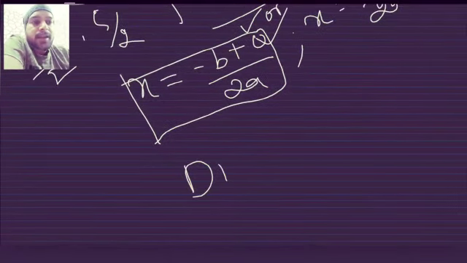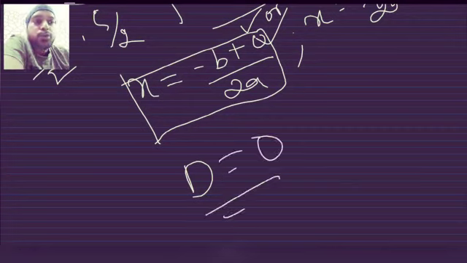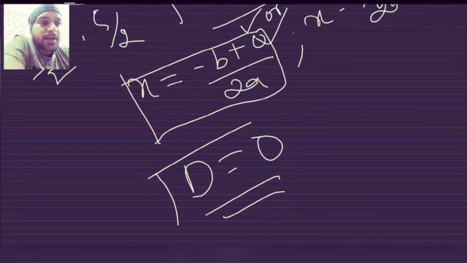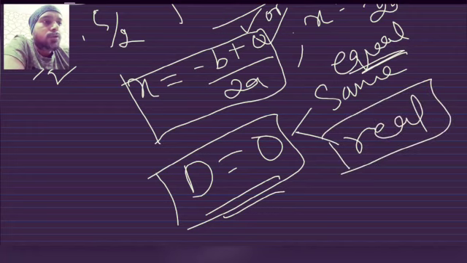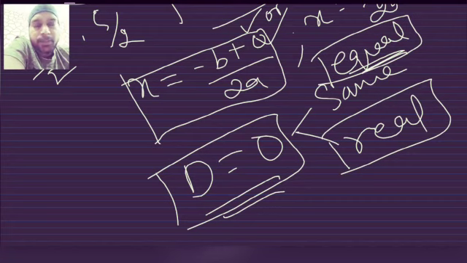So when the discriminant is equal to 0, in this condition the roots will be the same, or you can say they will be equal, and obviously they are going to be real, because here also you are going to get a number that will be representable on the number line. Alright, so the roots are going to be equal and real. Is it clear? So the roots are going to be real and equal when the discriminant is equal to 0.